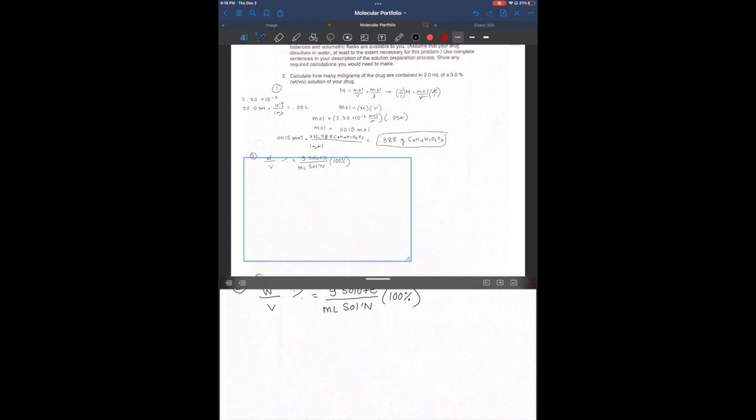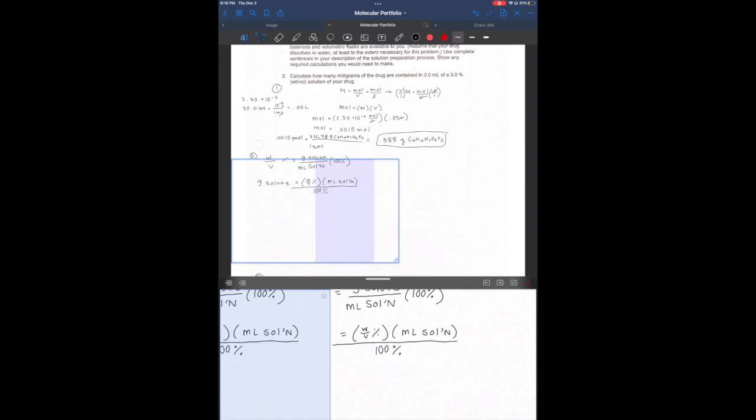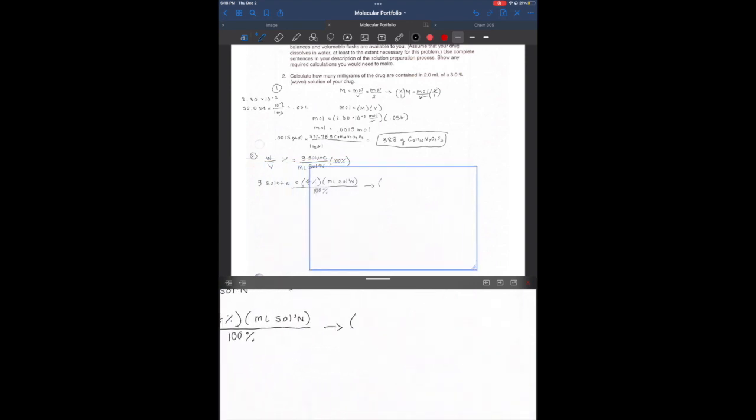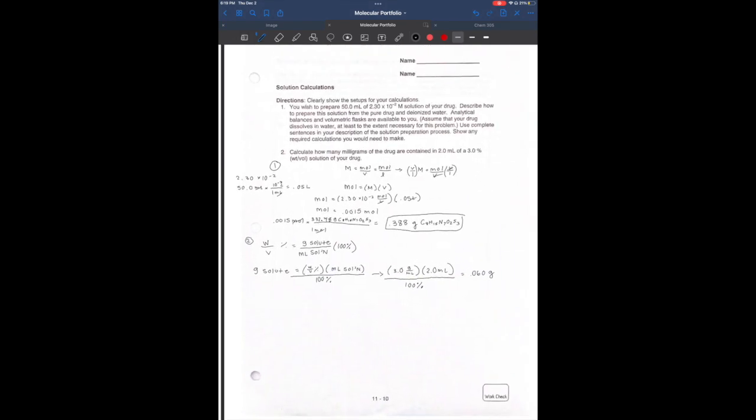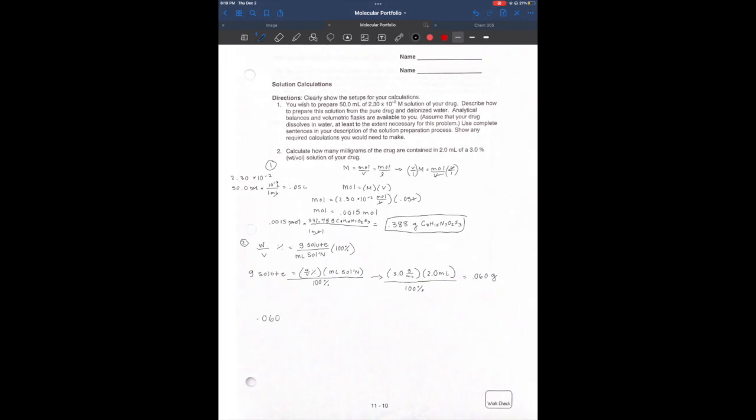Now in part 2, I've used the weight over volume percent equation, which equals grams of solute over milliliters of solution times 100%. And we want to rearrange that to find grams of solute because we've been given everything else. Once we rearrange that, we will end up with 0.060 grams, but we want to convert that to milligrams. And we set it up using the conversion factors and we'll end up with 60